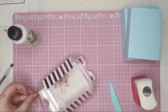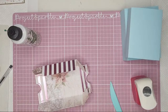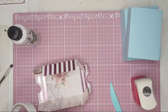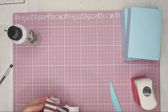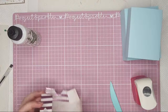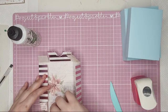I have considered doing, does anyone watch or used to watch Inky Quill? She does the scrap stream. It's only every few months, every 6 months or so now. And I absolutely love it. And I've considered doing one of those. Yes, and I have stitched it together. I just shouldn't have. I should have opened it up and then...